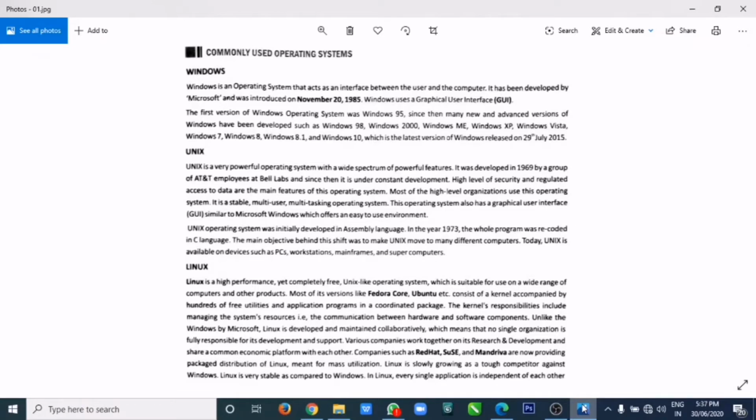After finishing types of operating system, today I'm going to start commonly used operating systems. So now we will see what are the different operating systems which we use for different purposes. So some common operating systems are